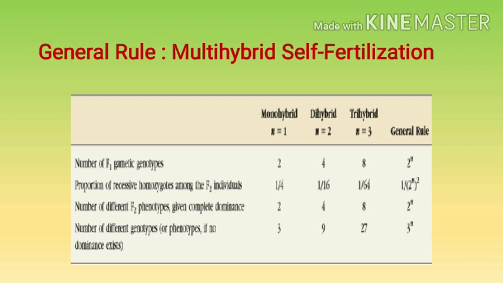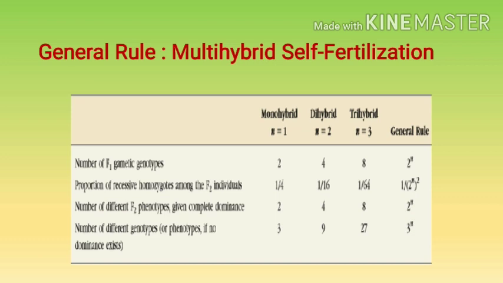Same way in case of the dihybrid cross, you had 4 types of phenotypic effects that was defined by the ratio 9:3:3:1. In case of trihybrid cross, there will be 8 different kinds of phenotypic outcomes. So the general rule to find out a phenotypic outcome is 2 raised to power n,